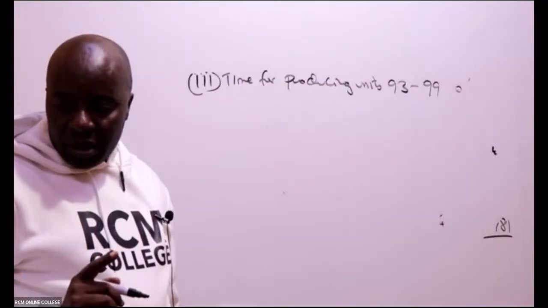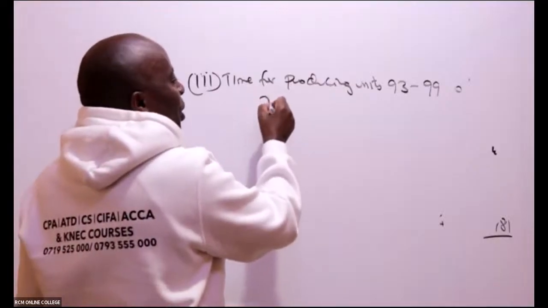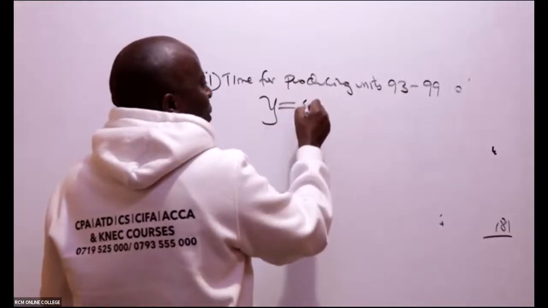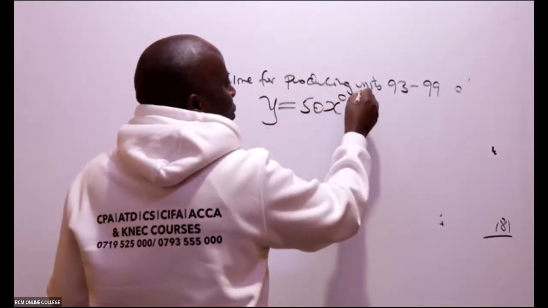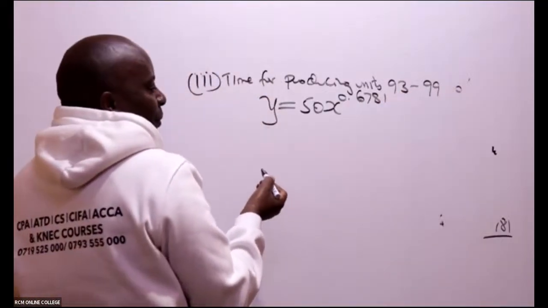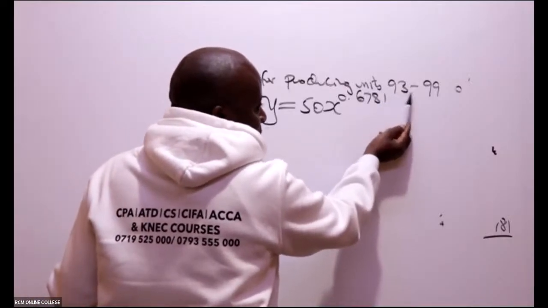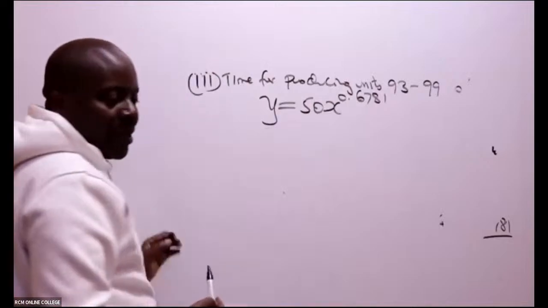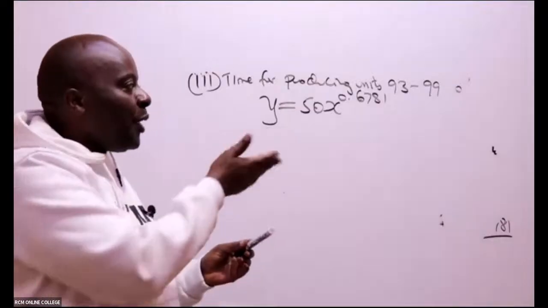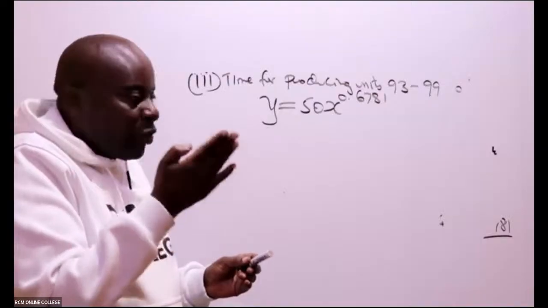The first thing that I will do, I have my model. Remember the model, we already got the model, which is applicable across all questions that you are doing for this. Our model was Y = 50x raised to 0.6781. But you see, this needs some expansion. And I can see the number that is being cut. Is there somebody who is able to tell me the number from this arrangement? Which number is being cut? 92 is being cut. 92 is unwanted. What is wanted is from 93 to 99.